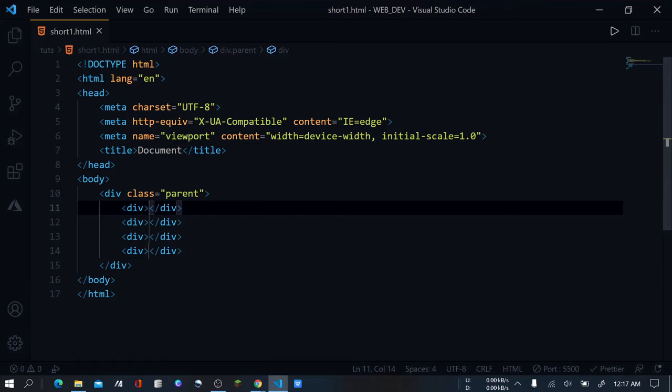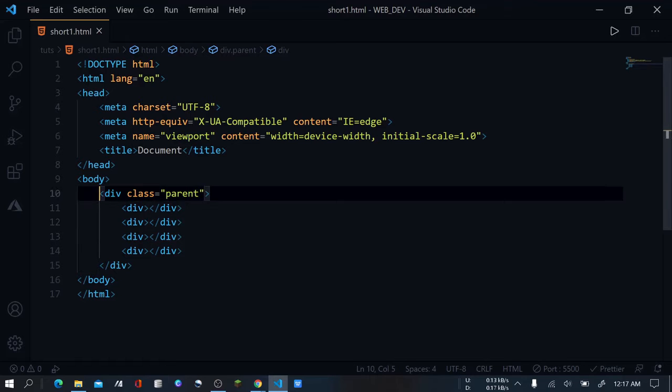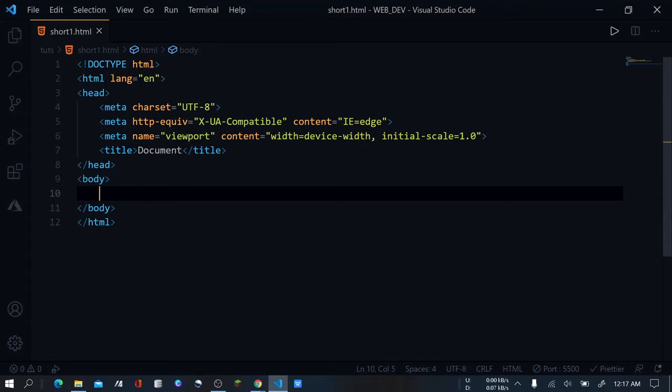Now another way in which you can do the same thing is, if I want to create a division with a class parent, and inside the parent class I want to create four subdivisions. So how can you do that? You write dot parent. This dot parent will generate a division with class parent, and this